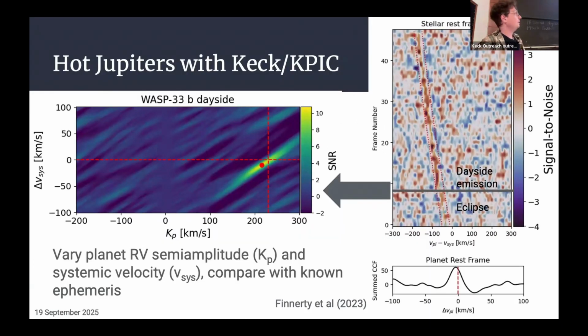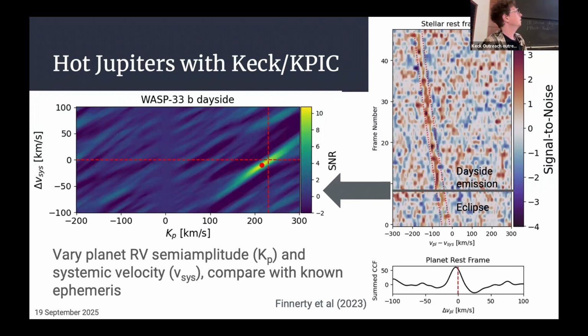So what this looks like in practice is something on the right here where we've taken a time series of 70 frames from KPIC in the K-band. And for each frame, we cross-correlate with a model of what we think the planet atmosphere might look like. And so the color is essentially the cross-correlation value divided by some noise. We started when this planet was during secondary eclipse, so blocked by its host star. We didn't expect to see anything, and indeed we don't. But then as soon as the planet comes out of eclipse, we see this day-side emission signature that roughly tracks